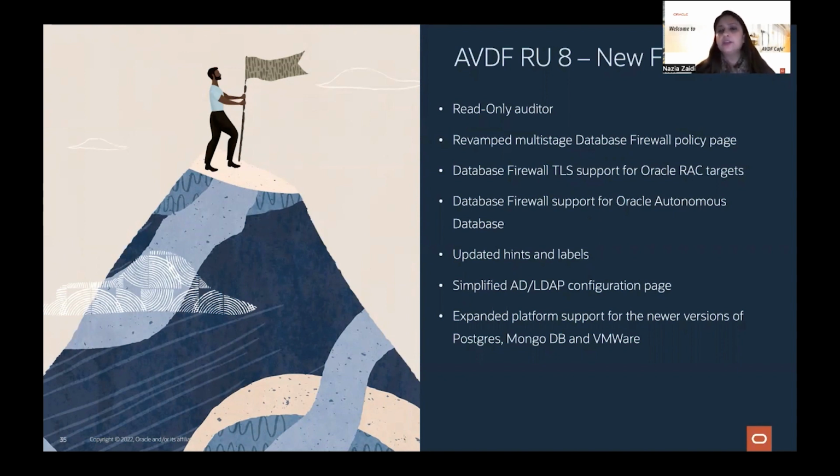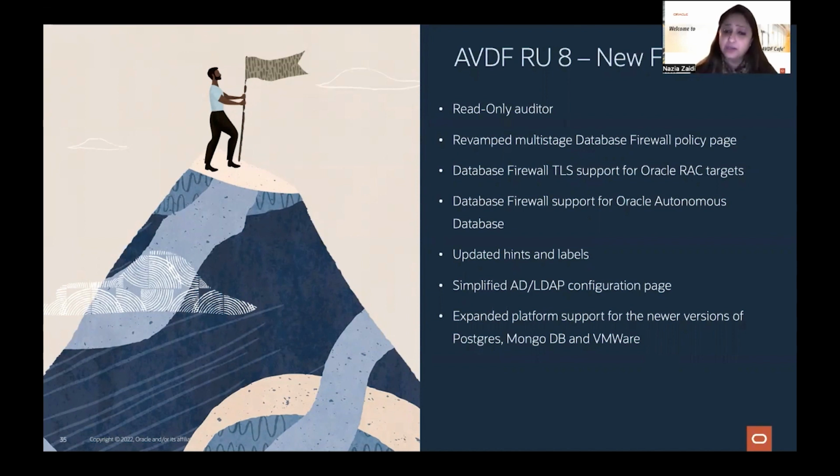Apart from that, under usability improvement, we did a lot of things like revamping the multi-stage database firewall policy. I have a snapshot for that and I will show you some of them. We also extended database firewall TLS support for RAC targets. In the last RU7 we were supporting Oracle database standalone, but could not extend it to RAC targets because of some deadlines to meet.